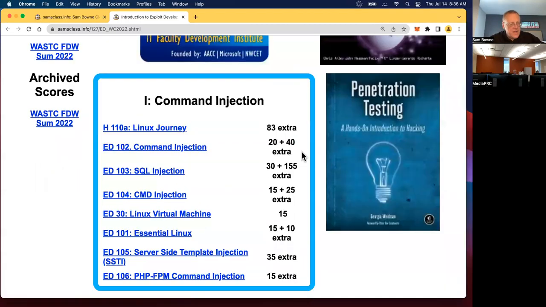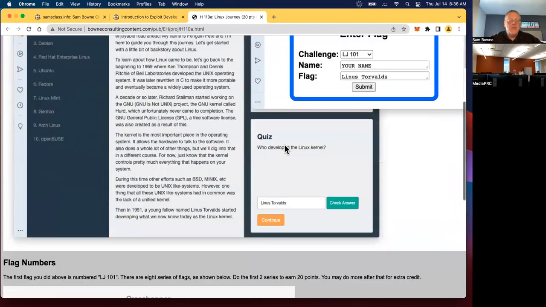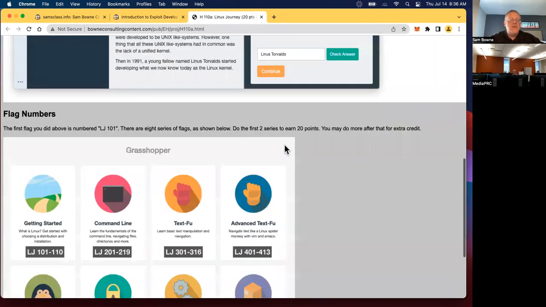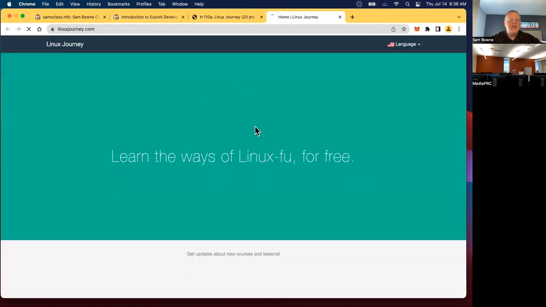All right, so the first thing is when you're going to do command injection, you do have to know some Linux commands. And I get a lot of students that don't know anything about the command line on Linux. So for them, there's this great thing I learned from Ervin Lemus, Linux Journey. And I just added it to my scoring engine so I can see if people are doing it. But this is a wonderful free page with no login or anything, where you just get to learn the basics